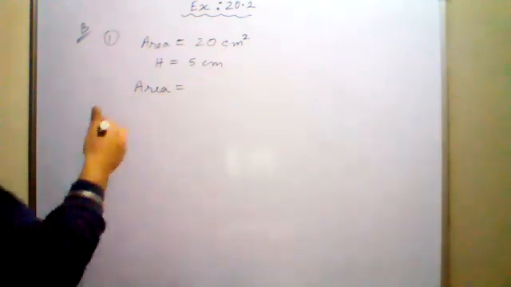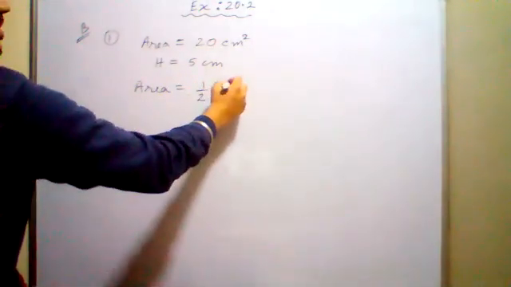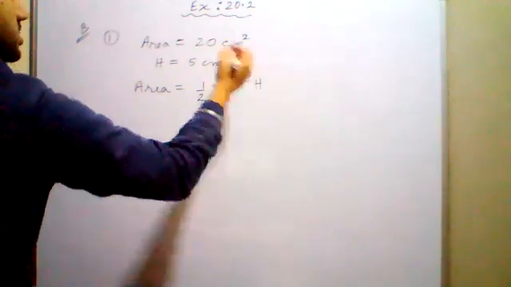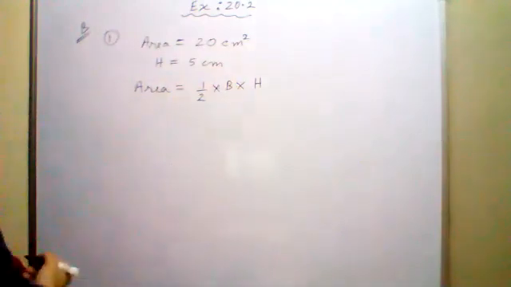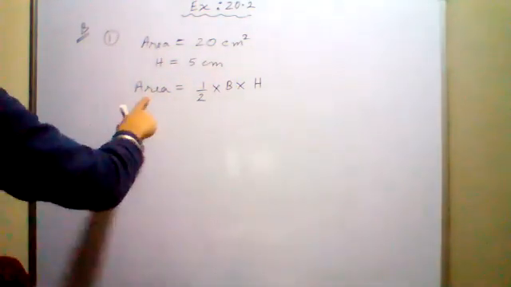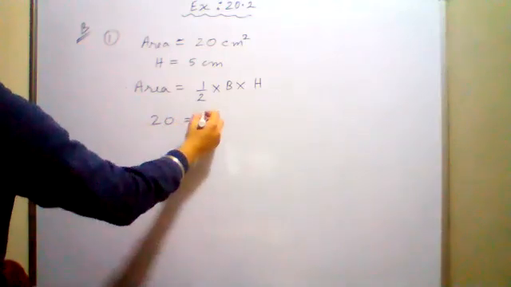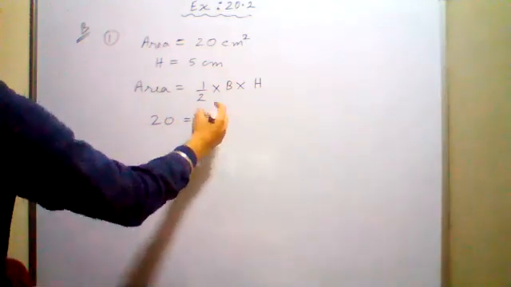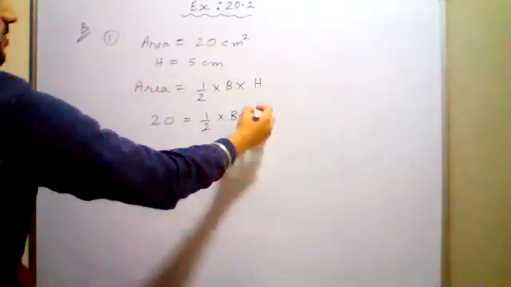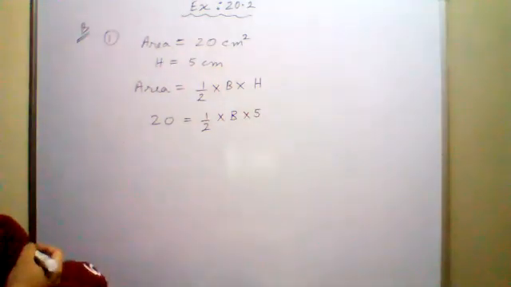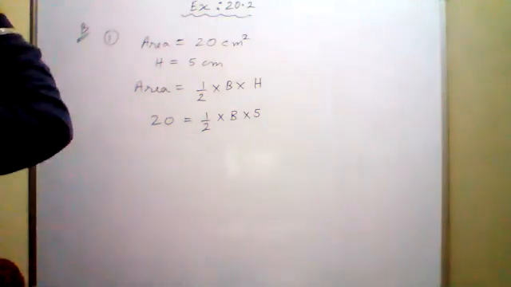Okay. So area of triangle is half into base into height. The formula: half into base into height. Okay, now put the values. Area is 20 equals to half into base not given. Height 5 centimeters given. Clear? First we have put the values. Now after this,